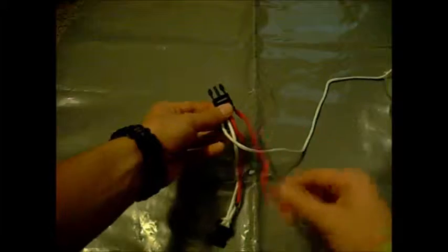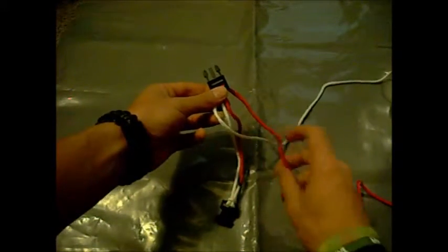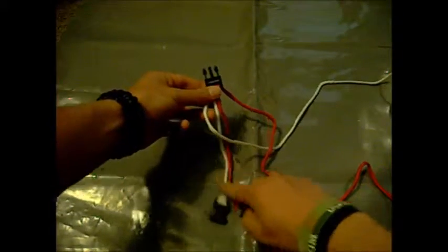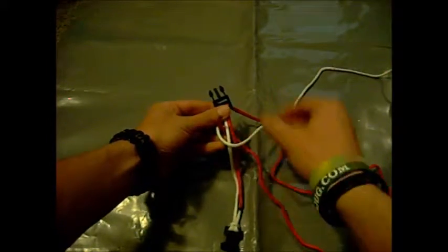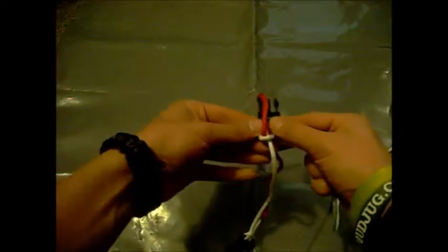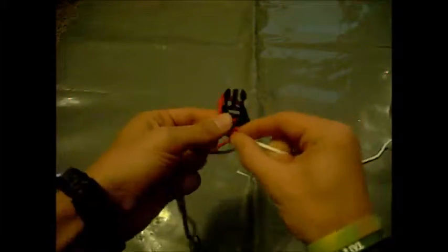And then this red one, or whatever color you're using, make sure it goes over this one, under these other two, and then up through this loop that's right here. So you get it like that, pull it through, make sure you're holding this tight so it doesn't move around on you, and then just pull it all. This first part, getting it started, is always kind of the hardest. Just get it like this,